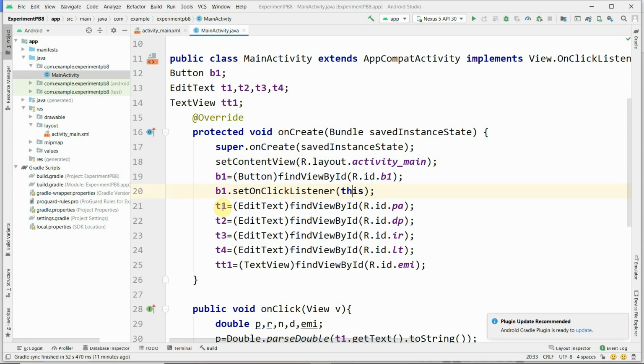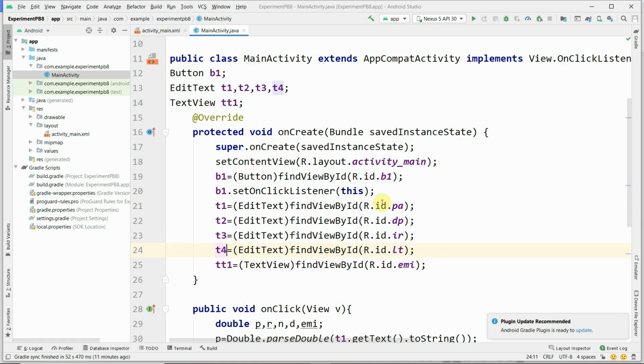Next, t1 equal to EditText findViewById(R.id.pa). We are going to map the pa EditText interface to the t1 object, the dp interface object to t2, the ir interface object to t3, and the lt interface control to the t4 object.